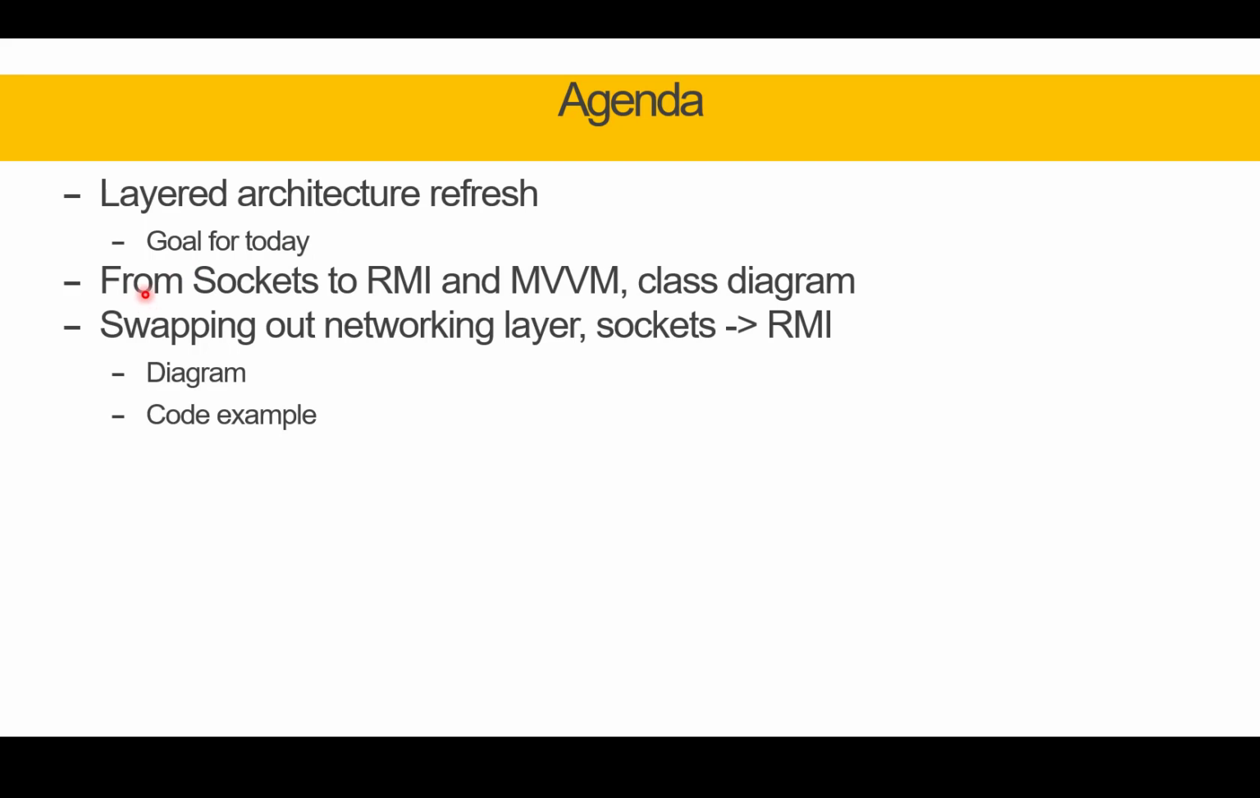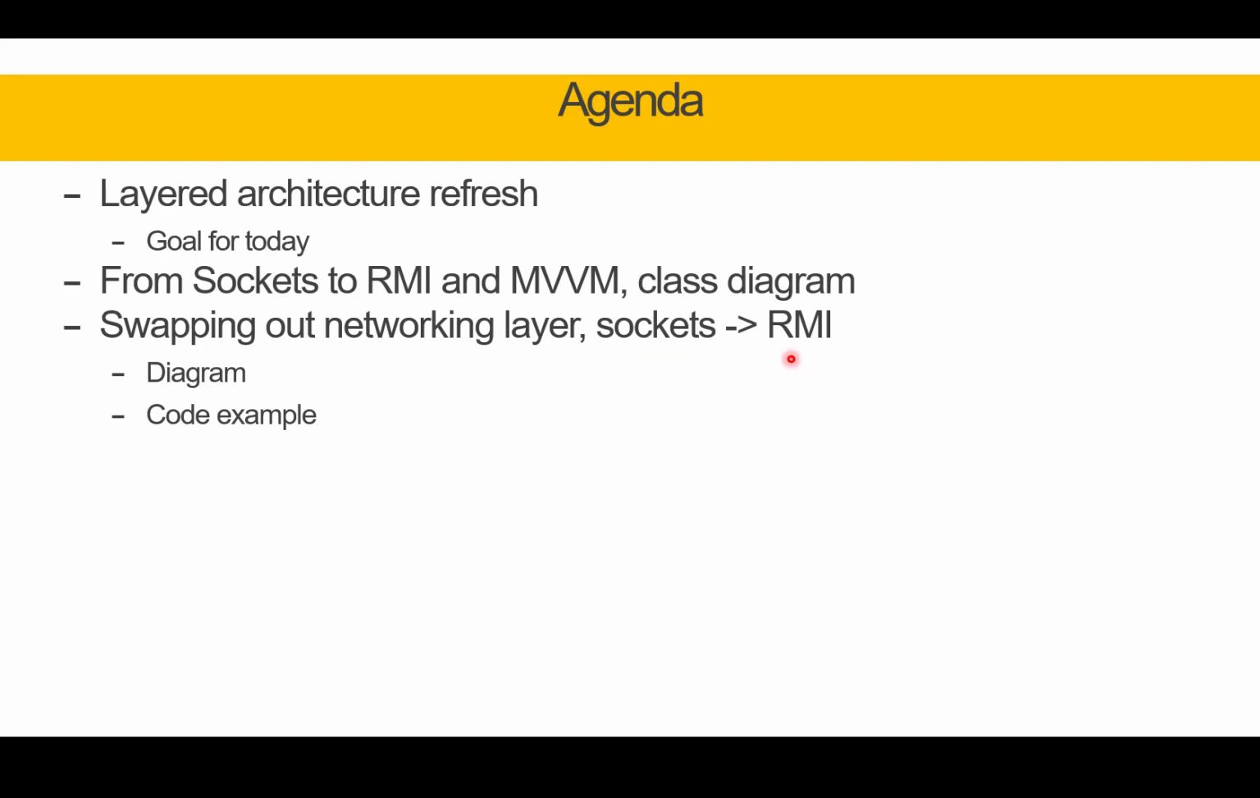And that goal is that I want to take my previous uppercase MVVM socket example program, and I want to remove all socket networking and swap it out with RMI. We're going to start out with a class diagram just to get a quick overview of what I plan on doing, and then we are going to actually code that example. So the goal for this video is to take my previous program and swap out the networking layer from sockets